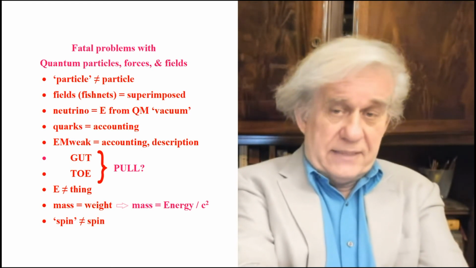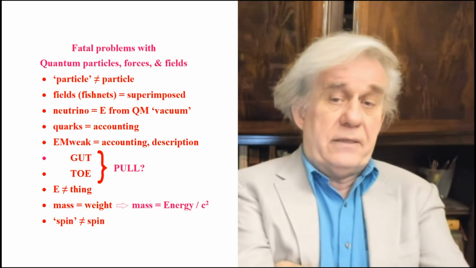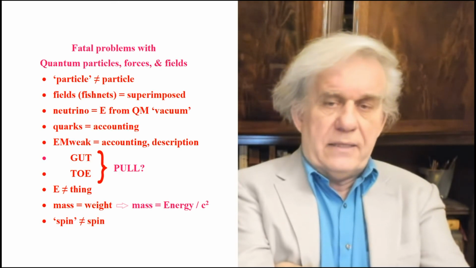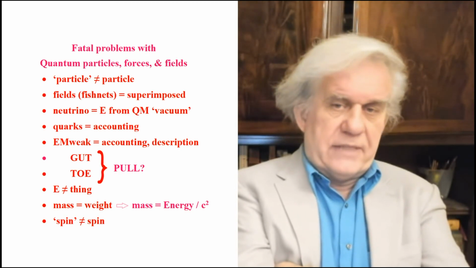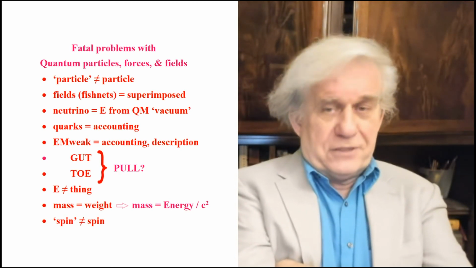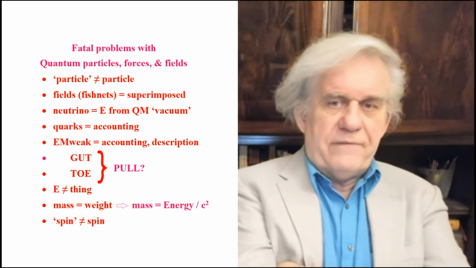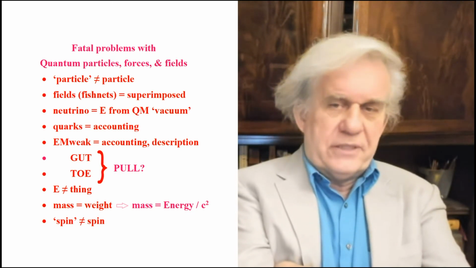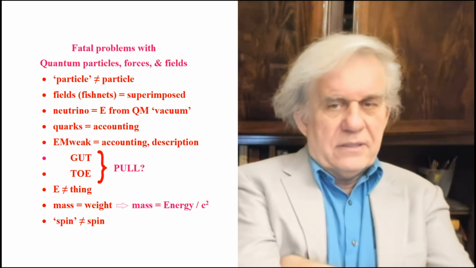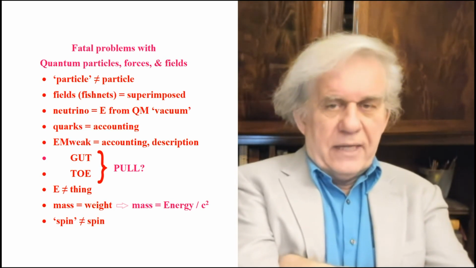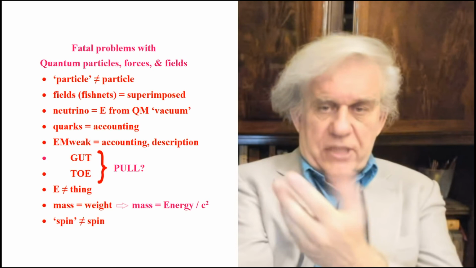Mass is a concept, especially in the context in which they put it there, which is that E equals mc squared. If mass is equal to energy divided by c squared, velocity of light squared, and energy is a dynamic concept, we have a dynamic concept over another dynamic concept. That doesn't give you a physical object. So mass is not a physical object. It would be to some degree if you say quantity of matter, but that's not the notion they're using. The notion they're using is accelerate the thing and I'll tell you how much mass it has. So mass is a dynamic concept here, and it's exactly the same thing as weight. No difference whatsoever, conceptually.